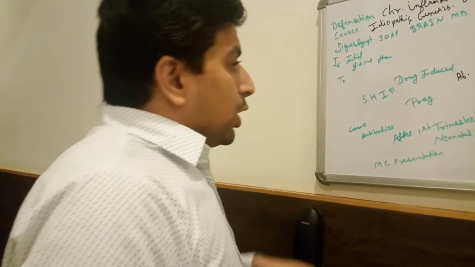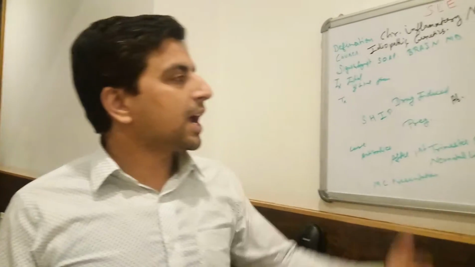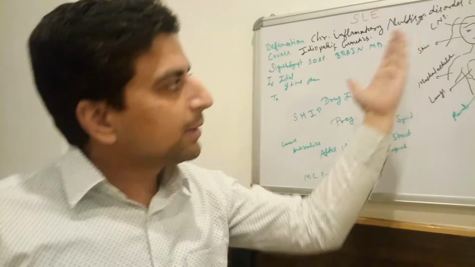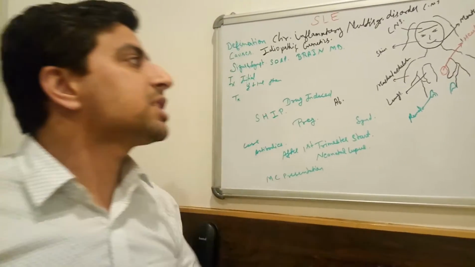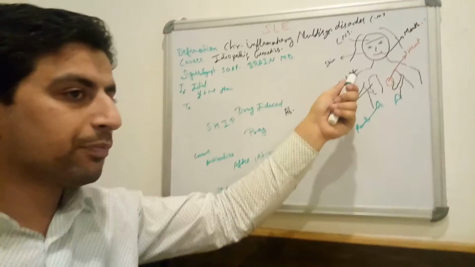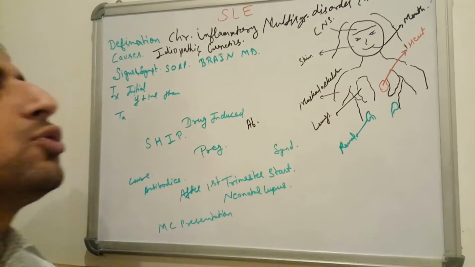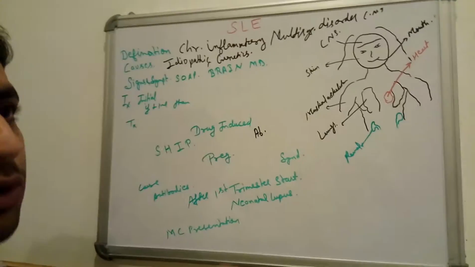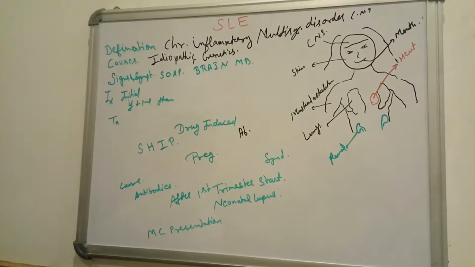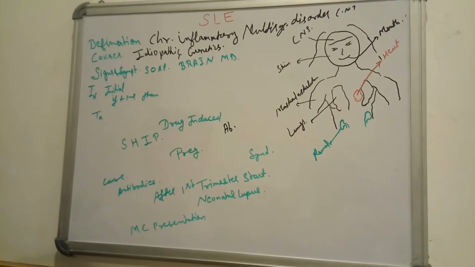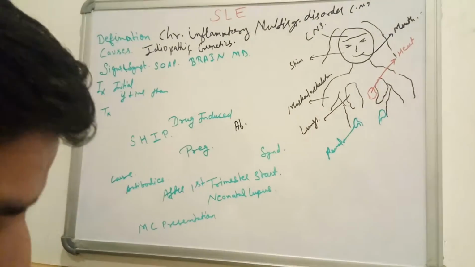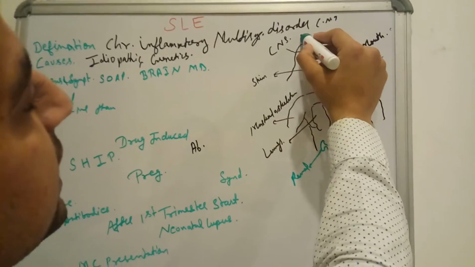So firstly I am going to teach the symptoms. Here are the symptoms of SLE. We are going to start from top till bottom. I took a picture of a lady because SLE is most common in females as compared to males. 9:1 ratio according to Harrison's new guidelines. 9 females are affected, then 1 male is affected. So CNS, we think CNS